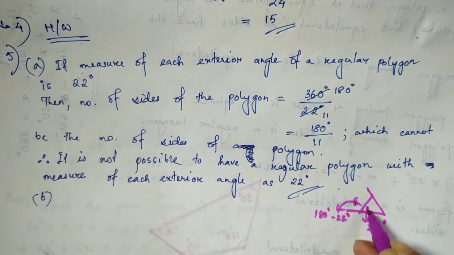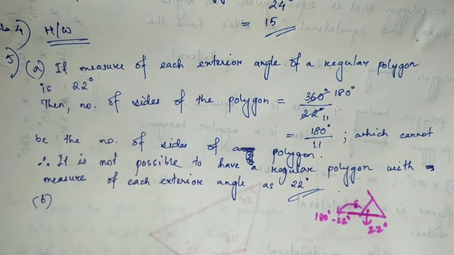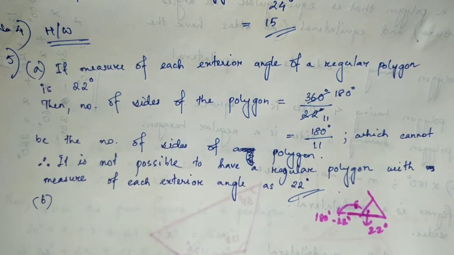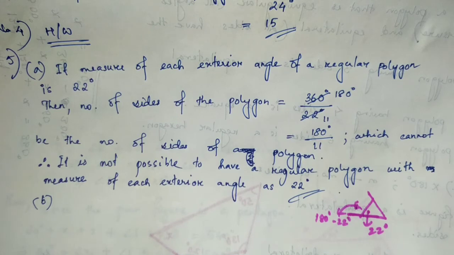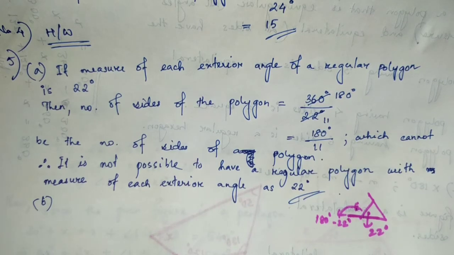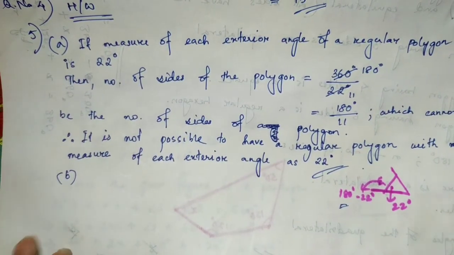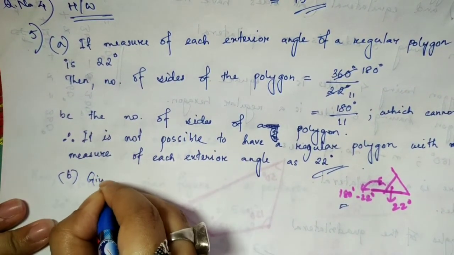Because this is a linear pair, right? So 180 minus 22 will give me 158, which, if you divide 360 by it, is not a divisor of 360 degrees. So it's not possible to have an angle of this value. Okay, so what we will do, we'll write down the statement here. Given the measure of